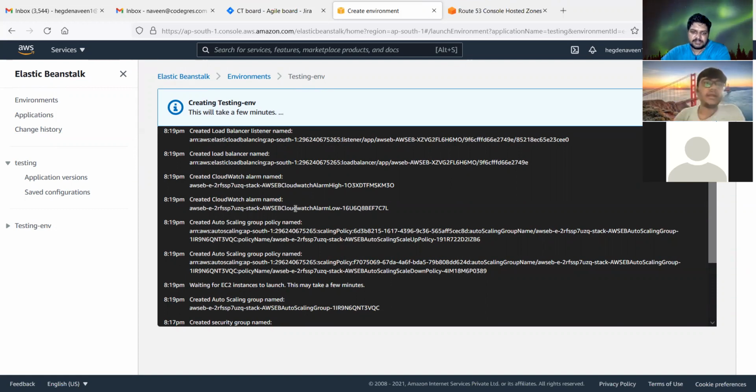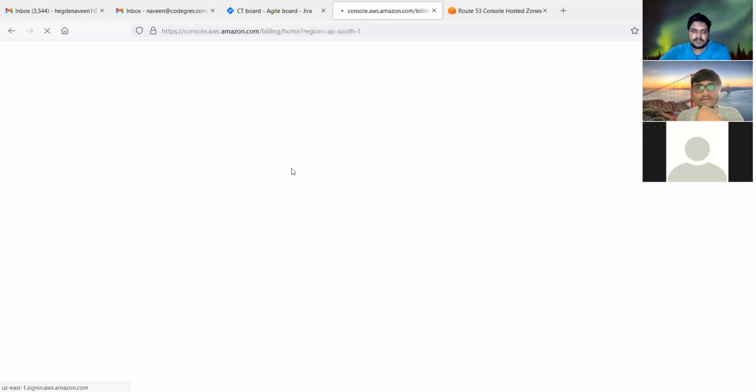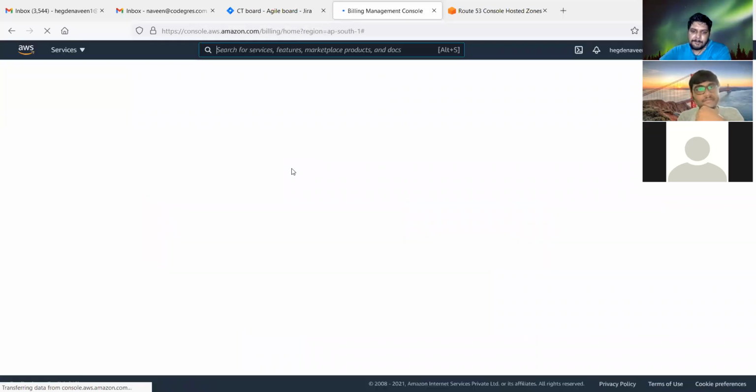So this Node.js, after that, whatever is in it is again another thing. For example, the database I hosted is somewhere else. How do I know for each instance how much it is costing me? If I want to know how much only one single instance is costing, I don't want to know others. If you go to billing,